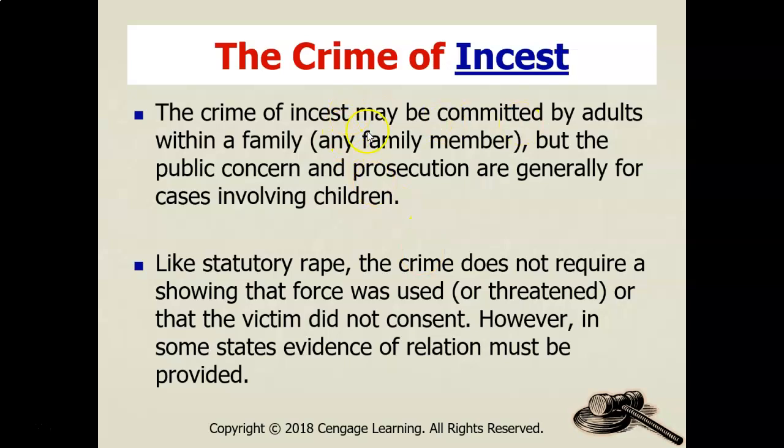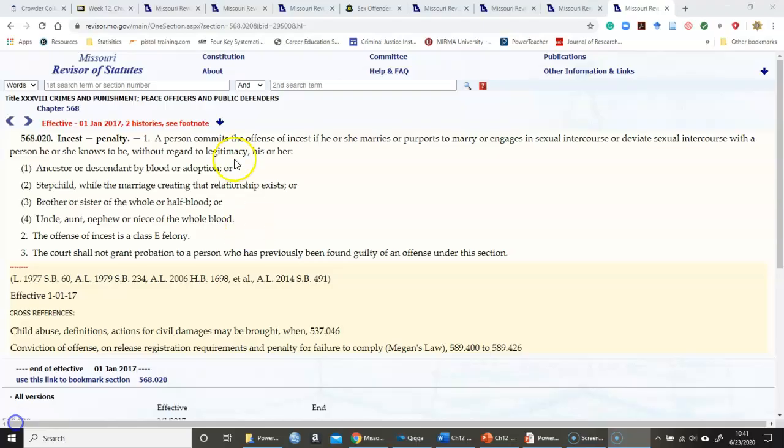The crime of incest may be committed by adults within a family, any family member, but the public concern and prosecution are generally for cases involving children. When we start looking at the incest statute for Missouri, it reads, a person commits the offense of incest if